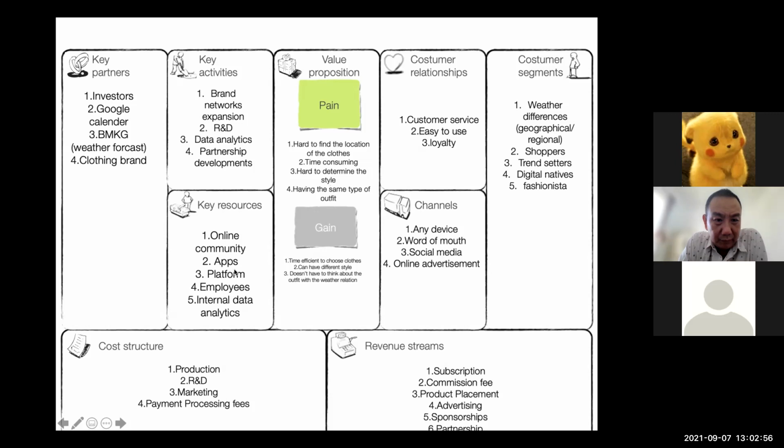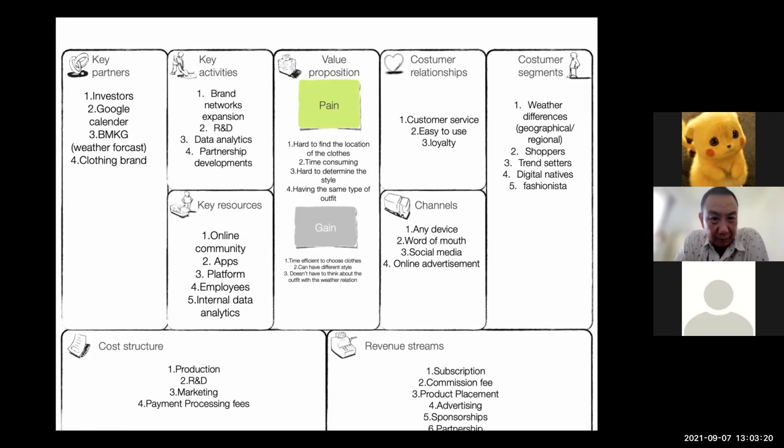And then for the key resource, there is an online community for people who like fashion and maybe have something on their skin that they don't like to use, and they can give suggestions or what to do like that. And then there is an app, and then there is platform, and then there is employees, and then internal data analytics.